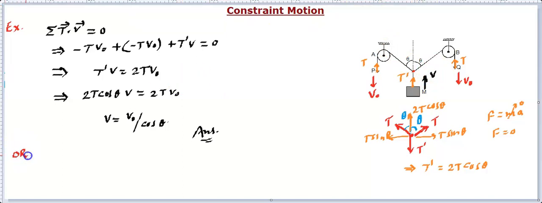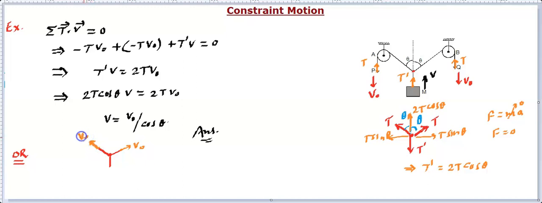Now you can also handle this question in a different manner. There are a number of ways to solve. Another method I'm also going to tell you, that you might try and might get confused about the answer. If you're not using this properly, then you might get a wrong answer. You might think that if you look at this string, and this string, and this string, you can also think in this manner that this point is moving in this direction with velocity v naught, because this entire string is going to move with v naught. Similarly, this point is also going to move in this direction with v naught.